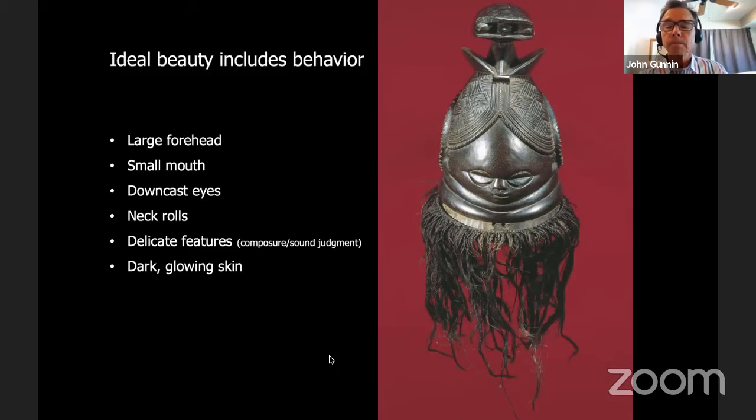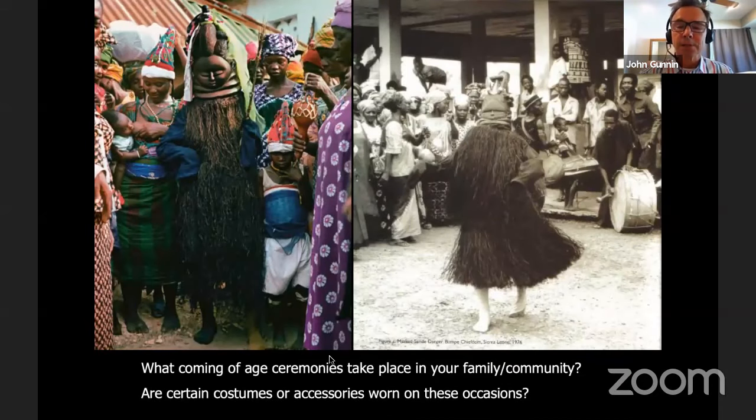And then there's a second interpretation that's very interesting: the neck rolls echo the bands on a chrysalis, a cocoon, before the butterfly emerges, just like a young person emerges as an adult. So that's a nice double meaning of that piece. By the way, there's a wonderful Smarthistory session on the Bundu mask. If you haven't seen it, you get to see some of the ceremony, which I have pictures of here.